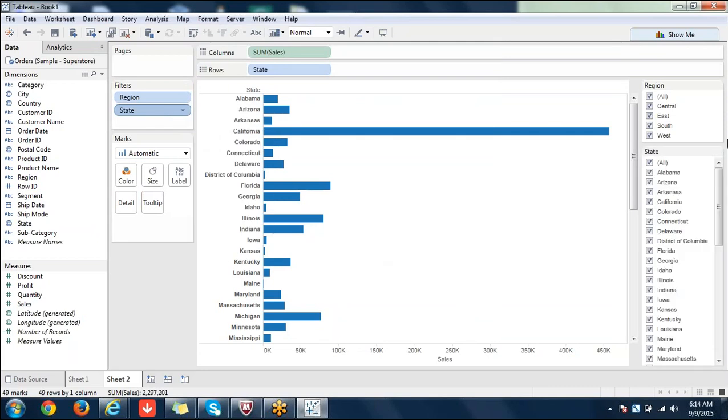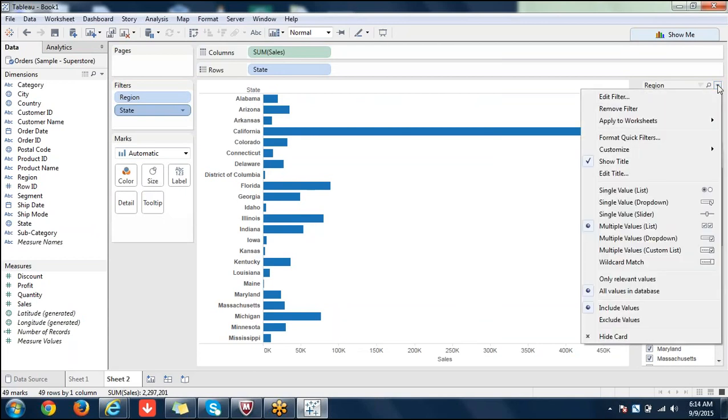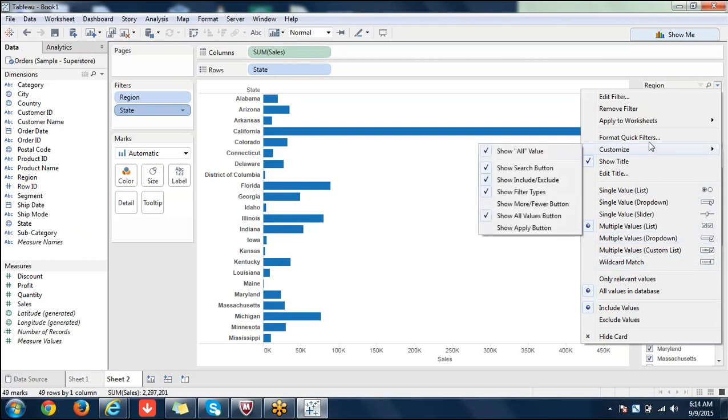Whenever you're adding something to quick filter, that's not the end of the filters there. As soon as the user sees filters, that's not the end of it. You can drop it down. There are plenty of options here. All these options are to select a slider or drop down, such things. You can select a drop down, that is single value drop down, that means you can select only one value. Multiple values drop down, you can select multiple values. List is there here, and here also it's there. Wildcard match is also there. If it is a string, wildcard match will be there. Formatting, a lot of options are there here.